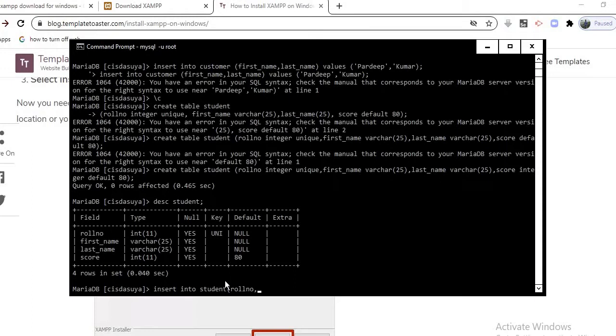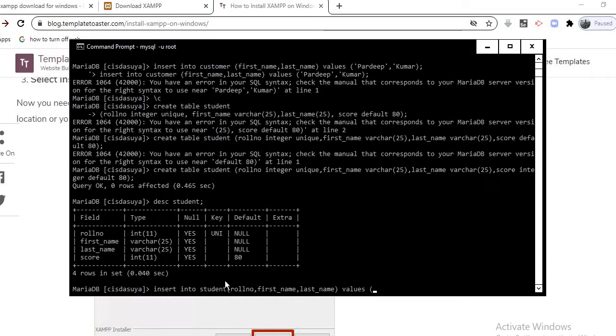then is first name, then is last name, and the values I want to place here.